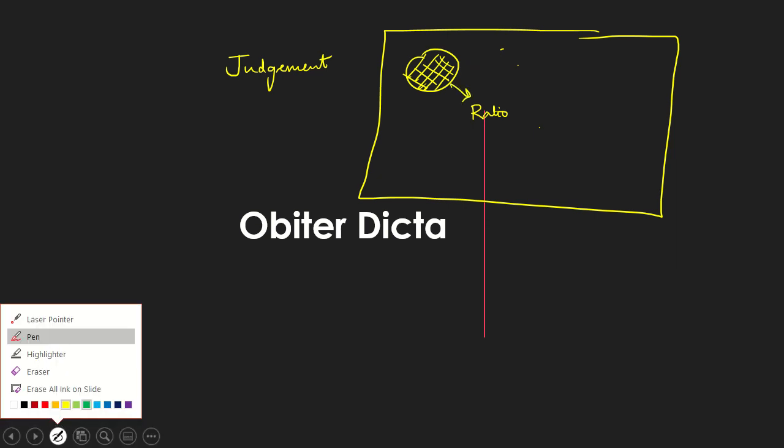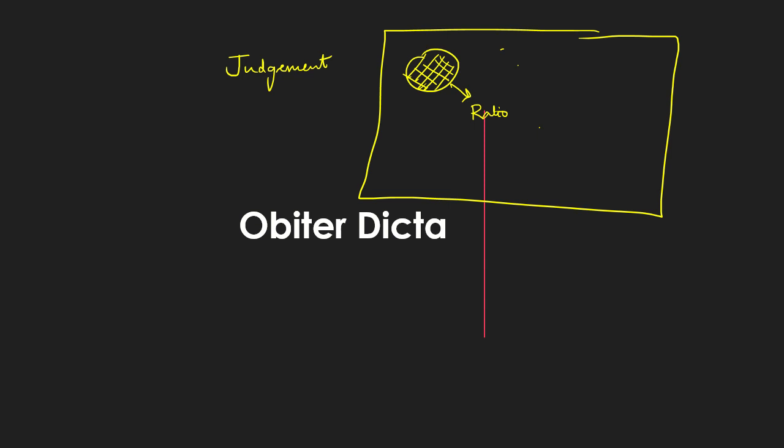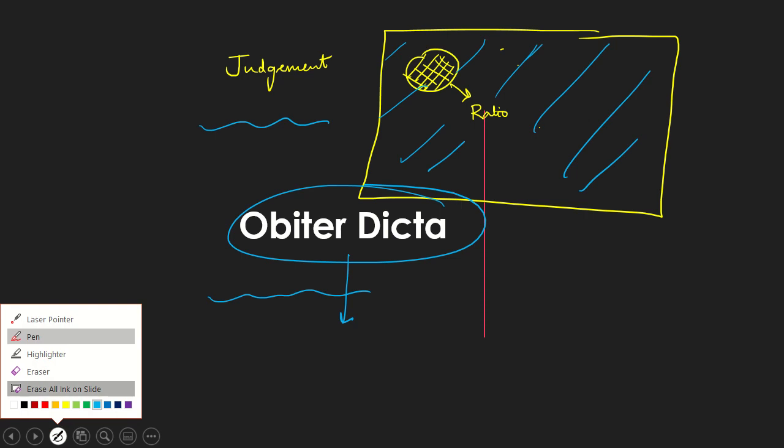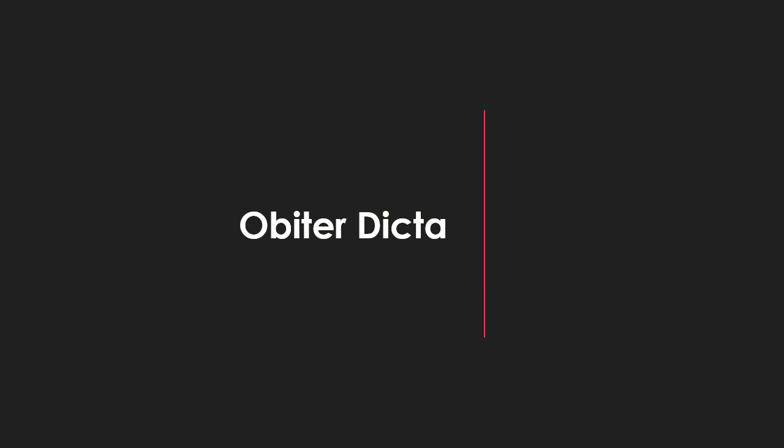Now, what about the rest of it? You see, there's a lot more left. What is this part? Right? What is the rest of the judgment called? You guessed it right. The rest of the judgment is called the obiter dicta. Very simple. So the rest of it is called the obiter dicta, which means that your judgment,